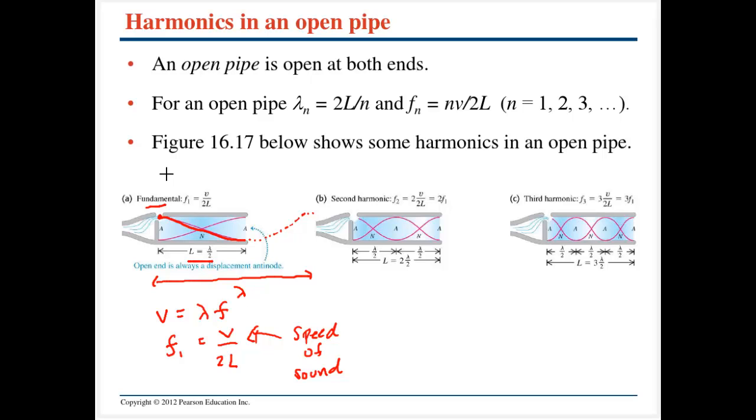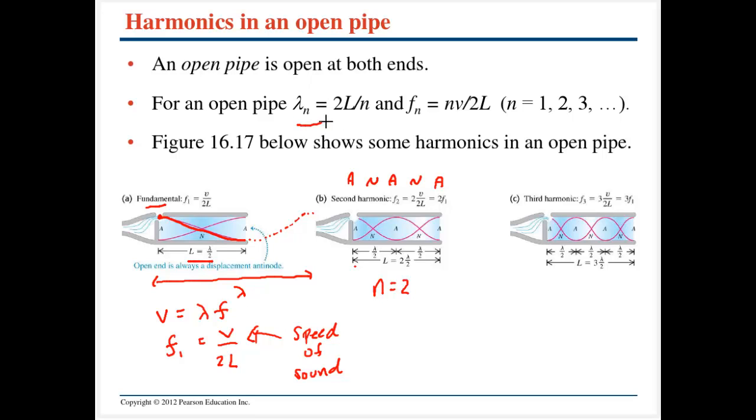Much like for a string, we can set up other harmonics. The only thing we really have to meet is we're going to have two antinodes at each end. The next possible wave I can set up in there is going to have an antinode in the center, and then two nodes in between. It's going to kind of look like that. And we would call this the second harmonic, so we would say n is going to be equal to 2,